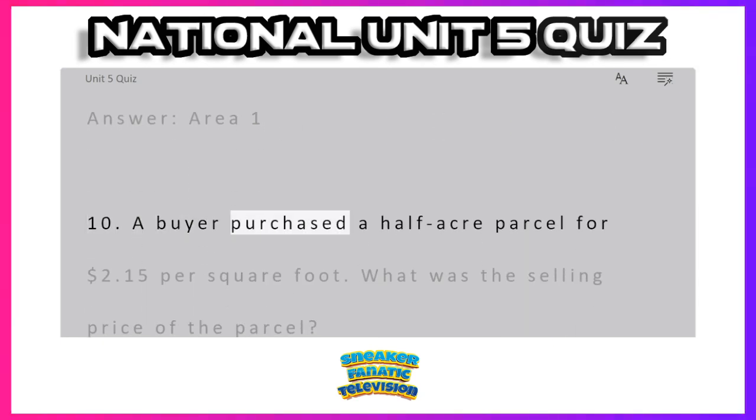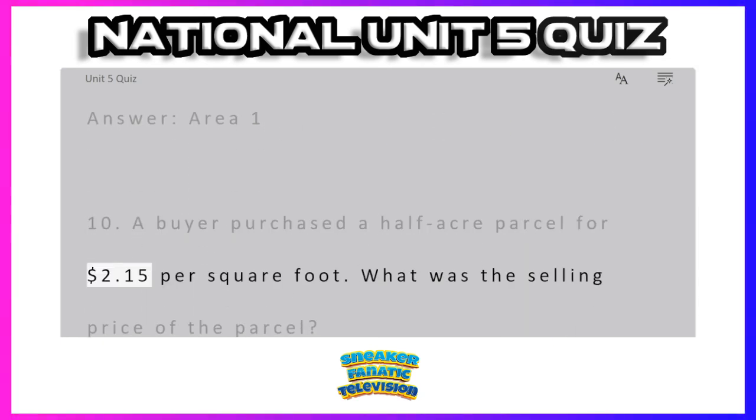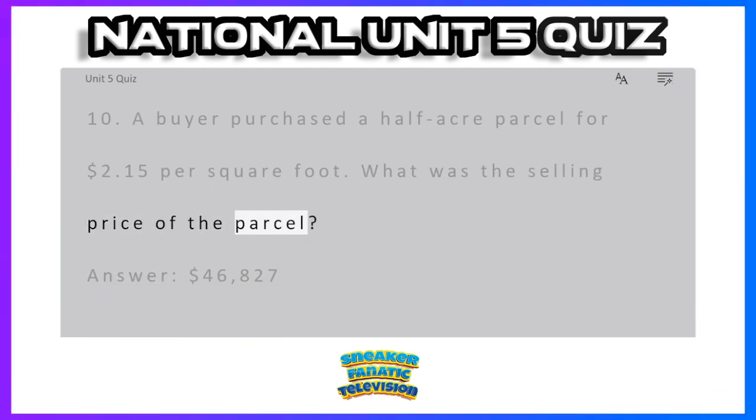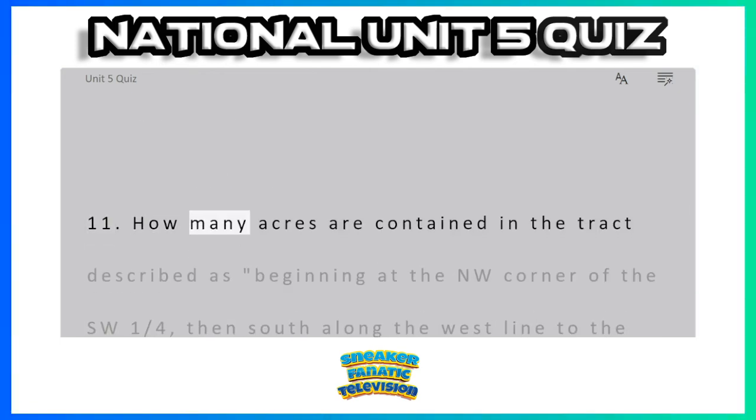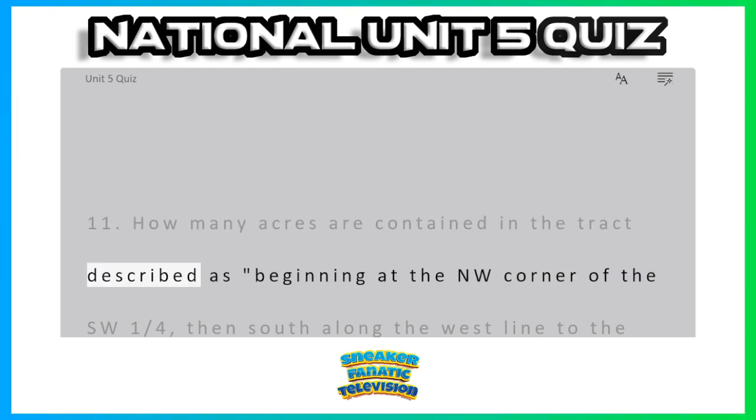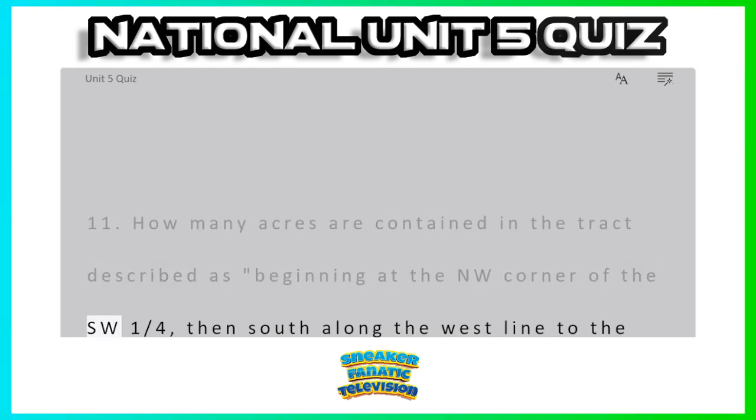10. A buyer purchased a half-acre parcel for $2.15 per square foot. What was the selling price of the parcel? Answer: $46,827. 11. How many acres are contained in the tract described as beginning at the NW corner of the SW